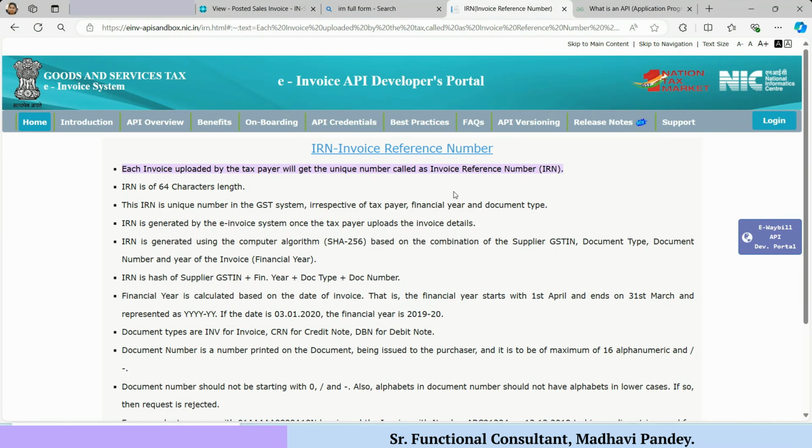Each invoice uploaded by the taxpayer will get the unique number called invoice reference number, that is to say IRN. This contains 64 characters and is a unique number in the GST system, irrespective of taxpayer, financial year and document type. IRN is generated by the invoice system once the taxpayer uploads the invoice detail. So you can check all the details.